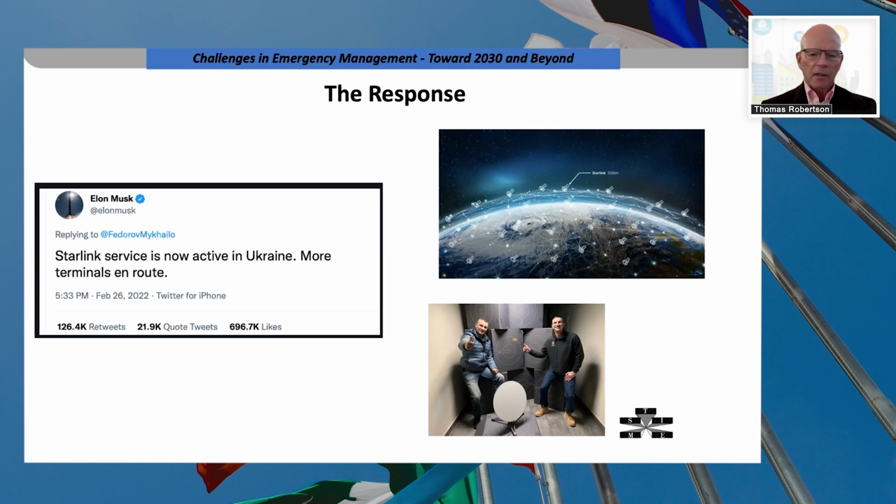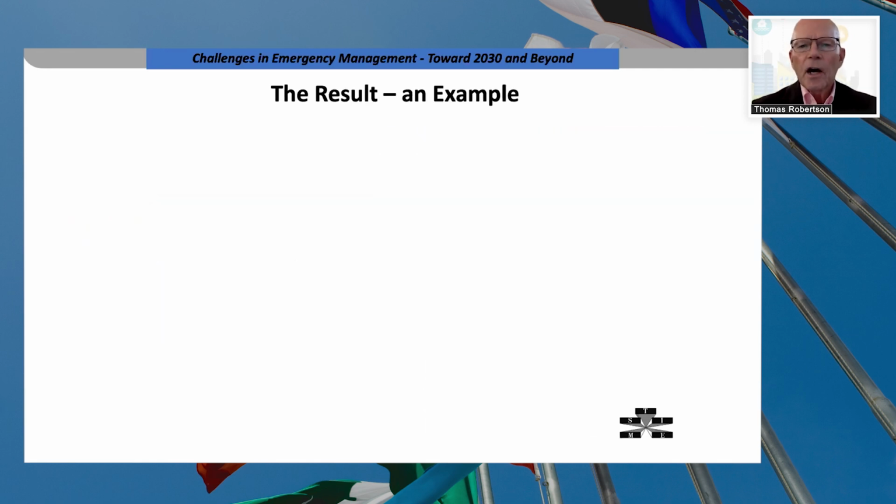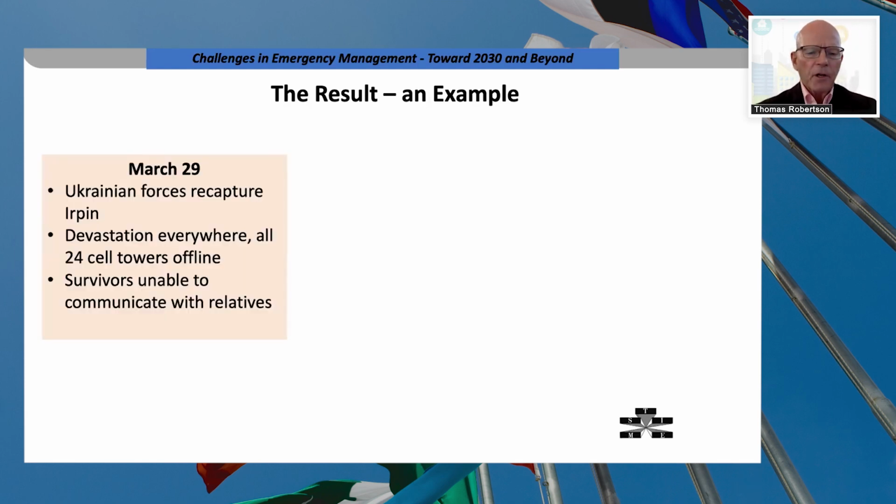And continuing in subsequent months, continued support from Musk's company as well as other European donors has resulted in more than 10,000 operational Starlink terminals on the ground by now. As a result of this, here's one example. This involves the city of Irpin, northwest of Kiev, as reported by Wired magazine. This city was devastatingly attacked by Russian forces, and on March 29th, the Ukrainian forces were able to recapture the